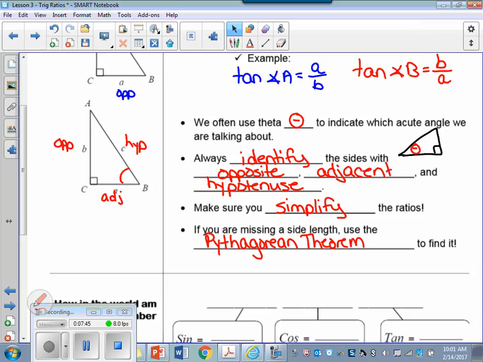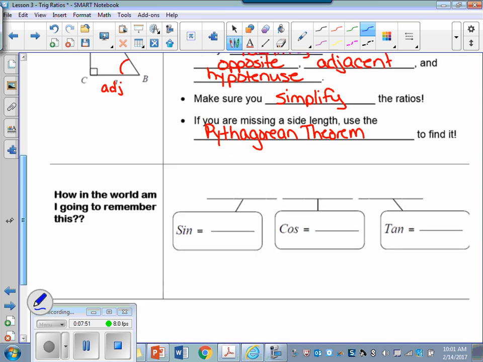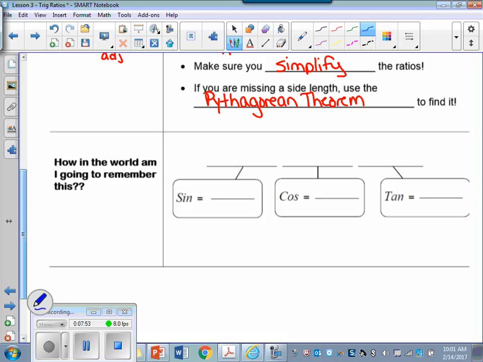So you are perfectly capable of finding that third side before you do your trig ratios. Now at this point you're probably saying, how in the world am I going to remember all this? Because there's a lot of information there. And there is a mnemonic,